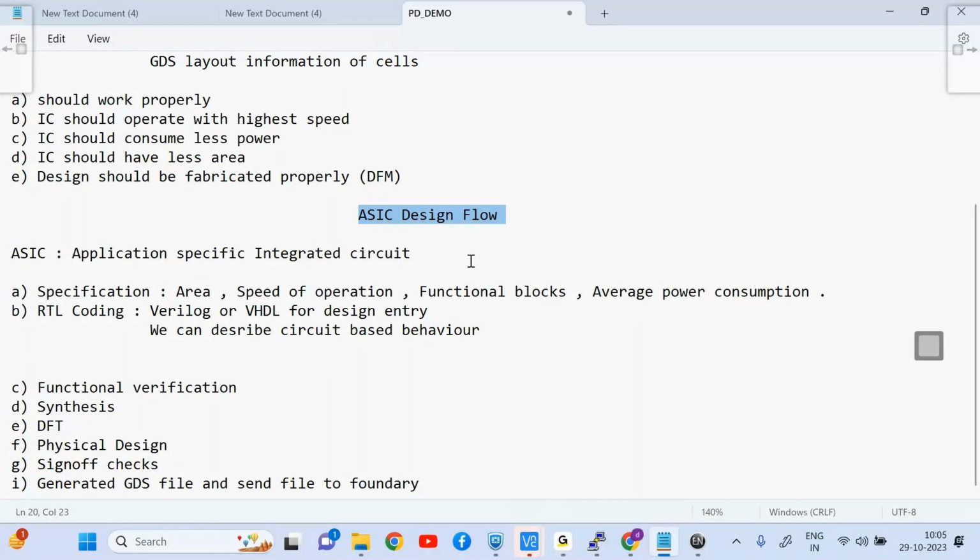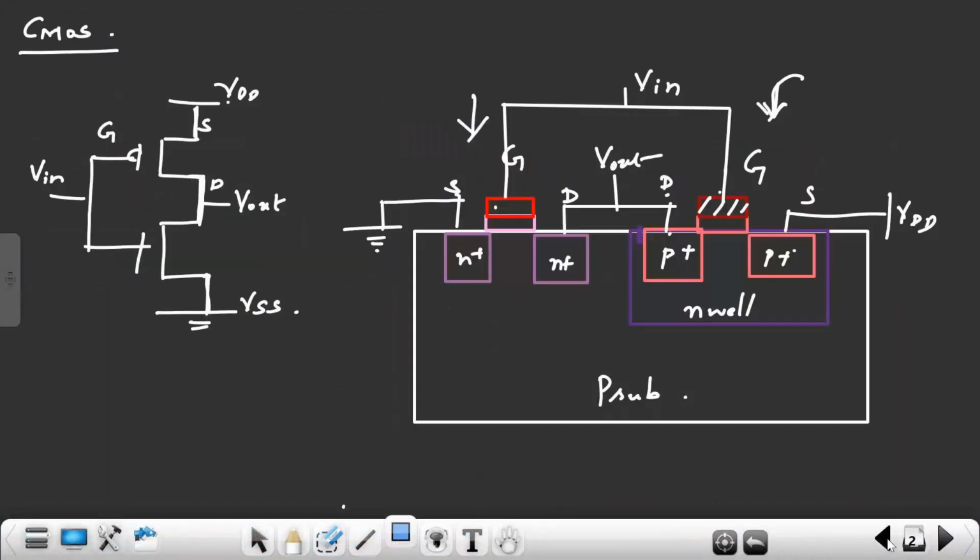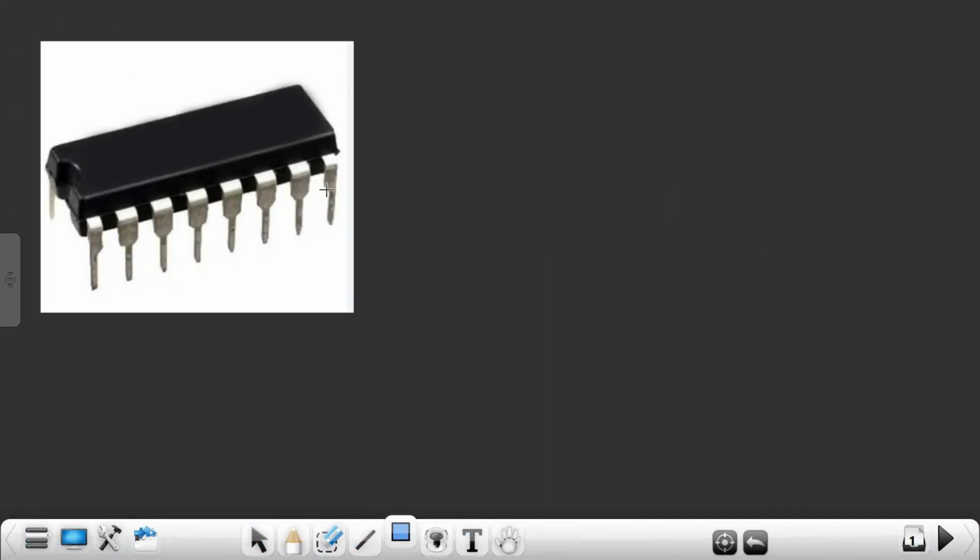So what I started is: an IC, integrated circuit, is fabricated in a Foundry. We are not going to fabricate this IC. The IC is fabricated only in a Foundry. Most of the foundries we don't have in India. Most of the foundries are situated outside India, like TSMC in Taiwan, Japan, China, and the USA. For foundries, we have to give